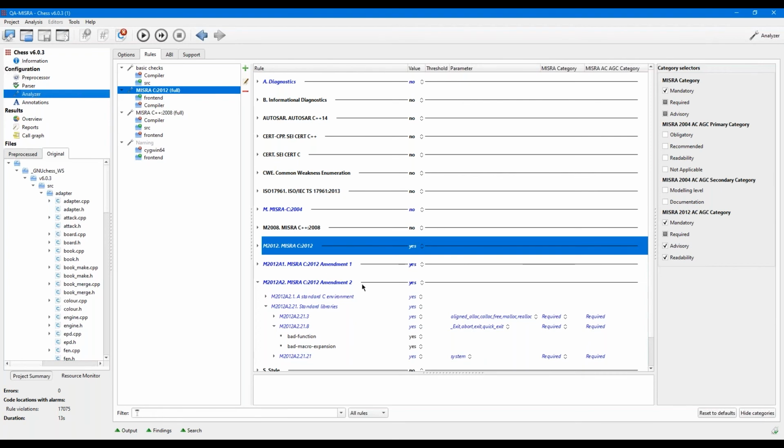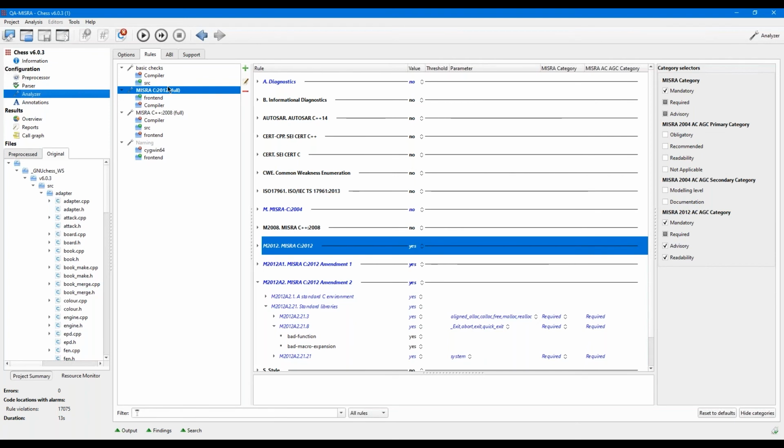So I want to show you, I have here an open source project, like you have seen in the information. It's a GNU project. It was not developed with MISRA in mind, but I do a MISRA checking for this project, and it's a version of the GNU project that has mixed code. So we have C and C++